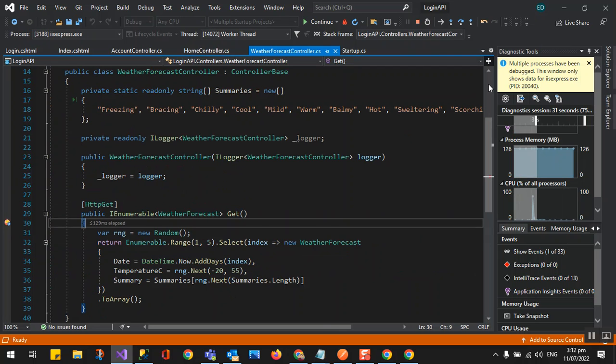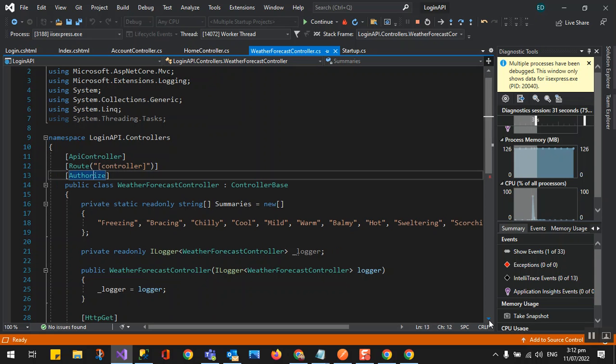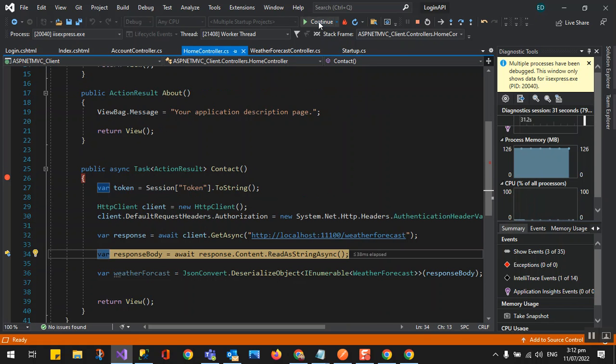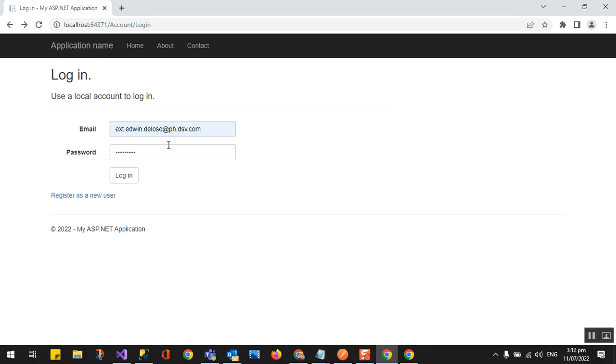Because this is a protected area, it has an authorize attribute, so you need the token to access it. So you're able to access it, so you can display the results later on. If you type, for example, an invalid token, you cannot access it. You cannot have the token.